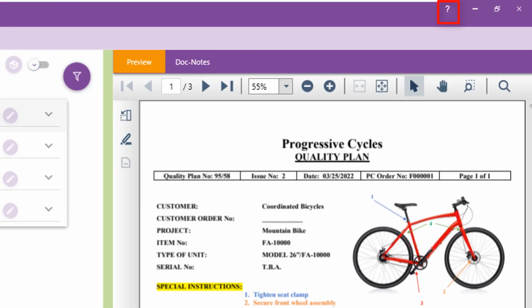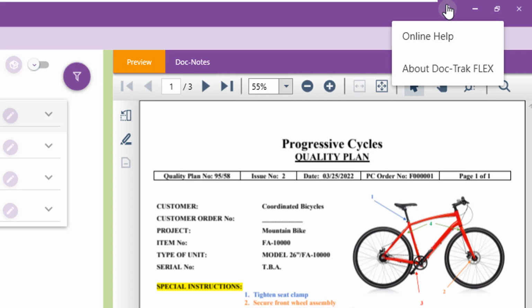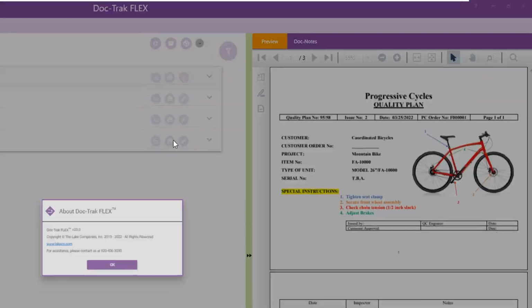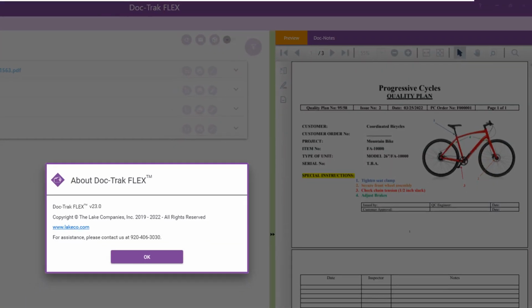This question mark provides a couple of nice features when you open it. Selecting About DocTrack Flex will display the version you have. You'll also get a link to our website and the number to call for assistance with troubleshooting in case you run into a problem.